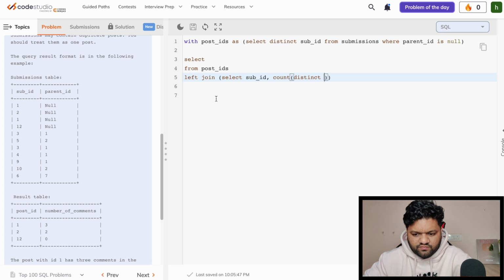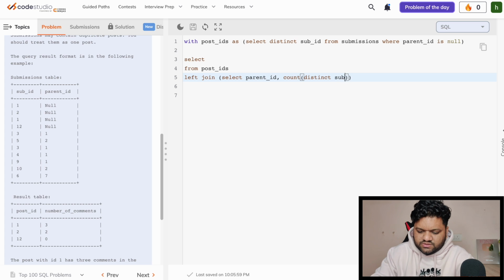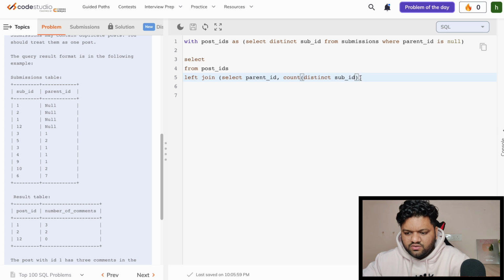Here we need to do it on the parent ID, so parent ID and distinct sub ID. Then from the submissions table,